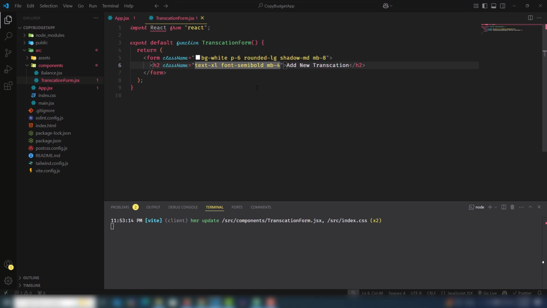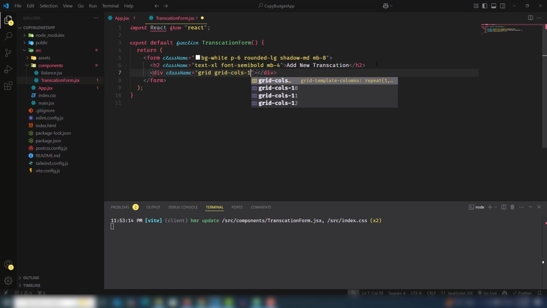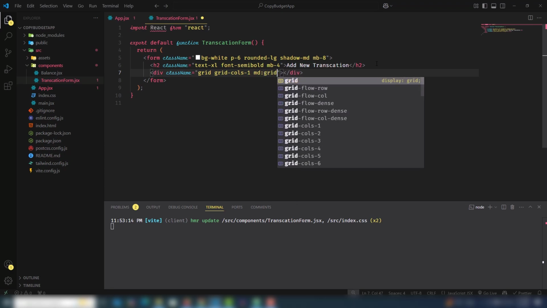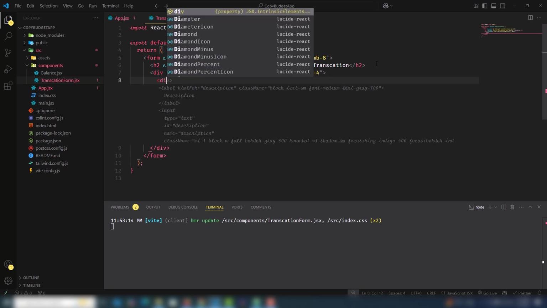Right, after the H2 I will divide the input fields. So by using grid cols 1 in the smallest screen size, I have grid column 1. In the largest screen size, I'm going to use md grid cols 2, right? And the gap should be 4. Inside that I will use only one div,